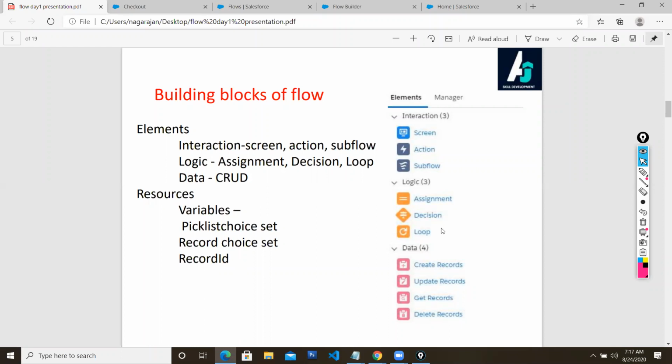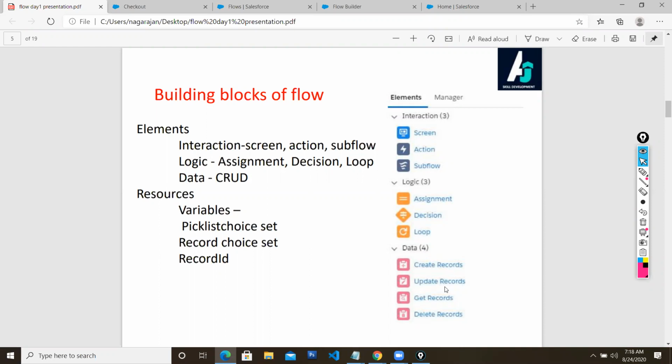And as far as CRUD operations are concerned, what is meant by CRUD? You will be creating a record, reading a record, updating a record, or deleting a record. Wherever you go, whether DBMS or RDBMS, or even Salesforce, CRUD is the basic data manipulation. Data manipulation will happen in these four scenarios only. So that is called CRUD. You have functionality to create a record and update a record. There is no need to write code. You will have a component, just drag and drop and input your requirement.